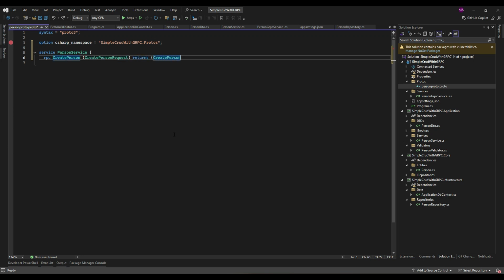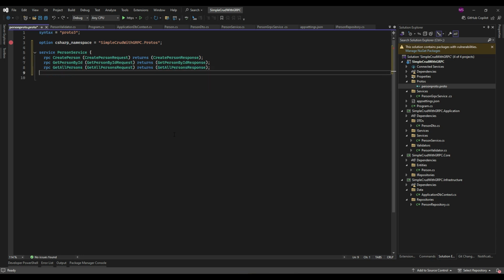Second, GetPersonById for retrieving a person by their unique ID, and then GetAllPersons for retrieving all persons. After that, UpdatePerson for modifying an existing person, and finally DeletePerson for removing a person.